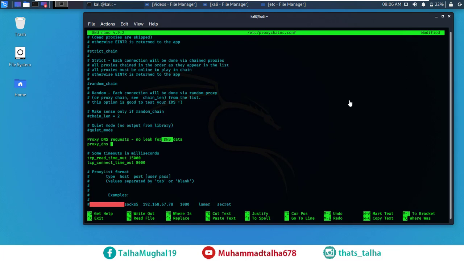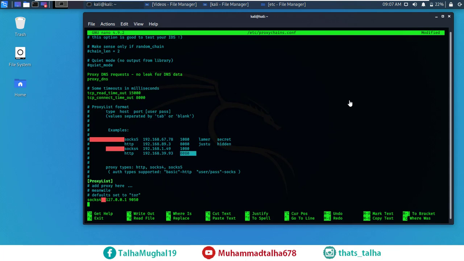This will make you a bit more professional in order to configure your proxy chains to anonymize over your internet services. Just come down here, and this is the example. They have shown us how we can add proxies in our configuration file, and these are the formats, these are the proxy IP addresses that we will use, and these are the port numbers and these are usernames and passwords. What we will do, we'll just focus on this line. As you can see, this is the area where we can add our proxies,